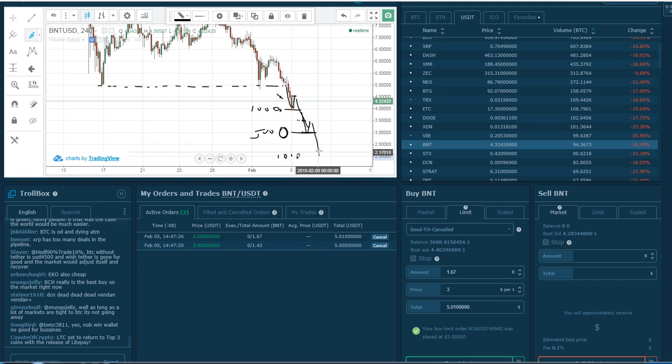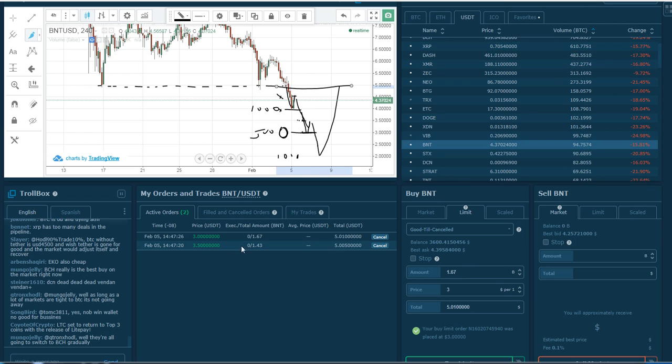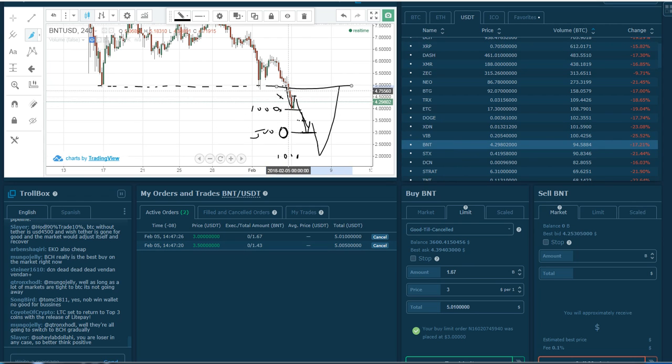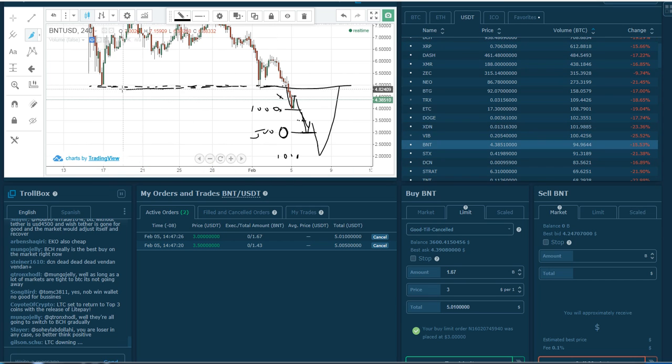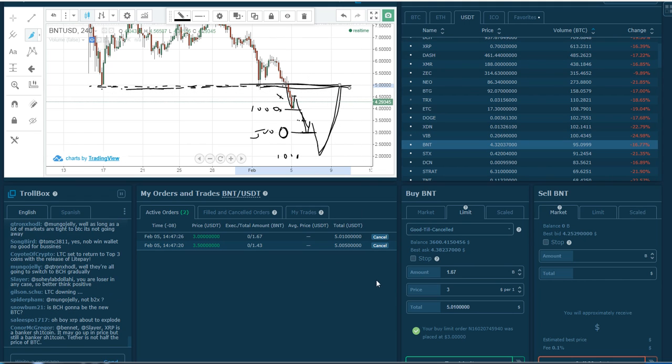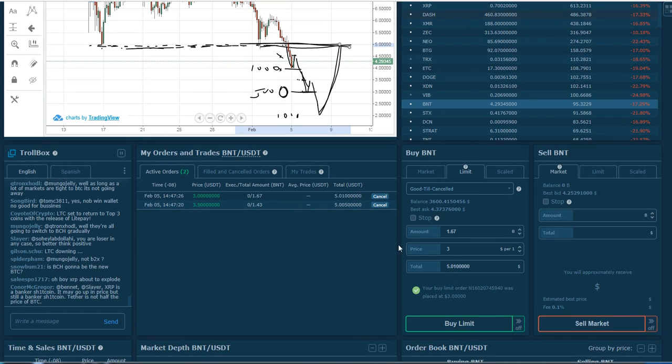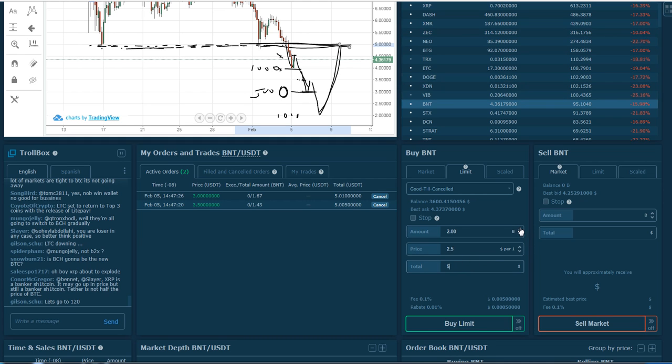You can double up every time, because at this point you're probably going to get a bounce back to here, because it comes in three waves, and these don't count as real bases. This is the real base. So the further you get away from that real base, the bigger you can go, in order to get this nice bounce. Anyway, that's basically the strategy, and I'm going to put another down here at 2.5,